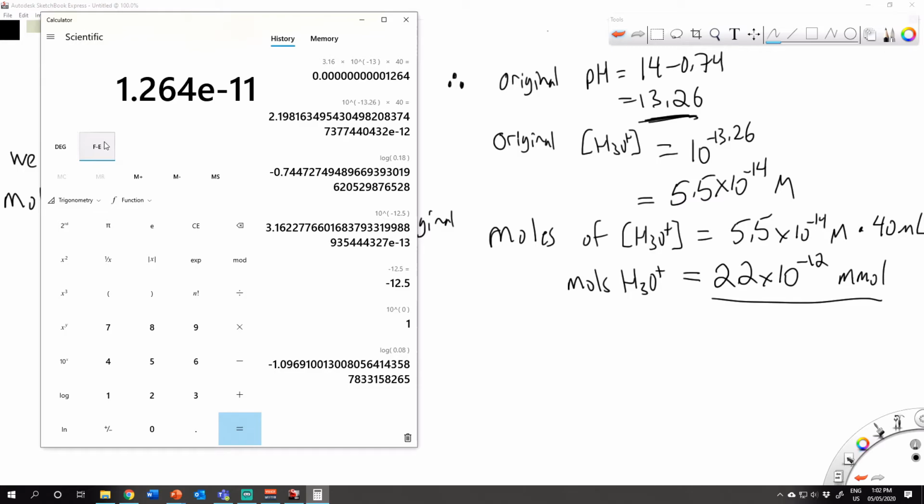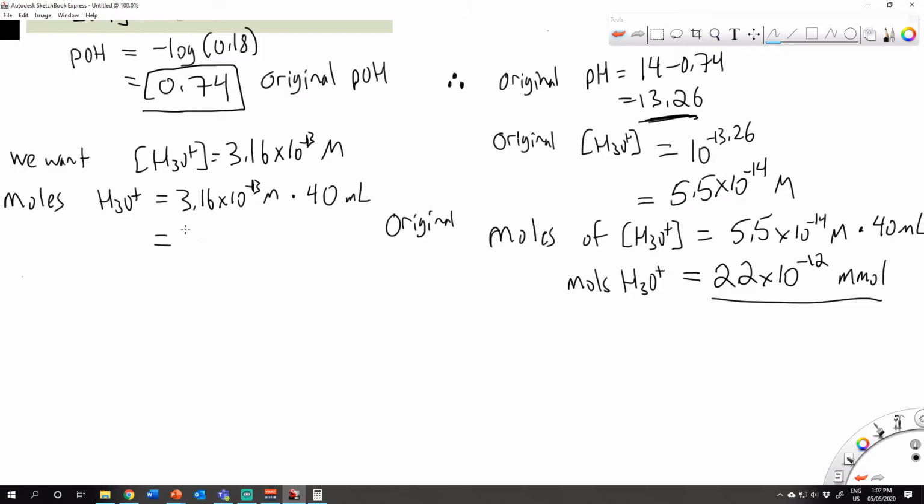So 1.26 times 10 to the negative 11. That's how many millimoles we have. 1.26 times 10 to the negative 11 millimoles. So here's how many millimoles we want to get to. This number here is the millimoles we currently have. So we need to add